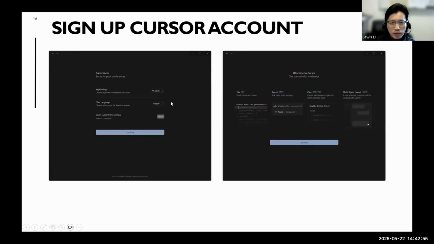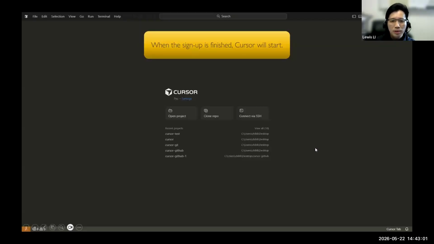There are some further settings after you click create, so just skip them. Continue and continue, and you will see this screen. This is the Cursor interface after you have done all the setup beforehand.